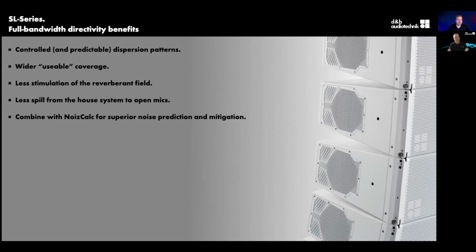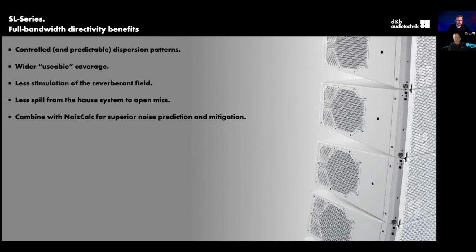And less stimulation of the reverberant field. I mean, think of it as we're placing speakers in a venue that typically there's some sort of, as I like to call it, parabolic reflector of some sort behind the loudspeakers, right? So the omni side of the loudspeaker, the omnidirectional aspects, all that low, mid, and low stuff, takes time to go hit a reflector and then back into your audience. So if we're not stimulating that reverberant field and yet having everything come out to the front as we were hoping, it's going to be much, much better quality.